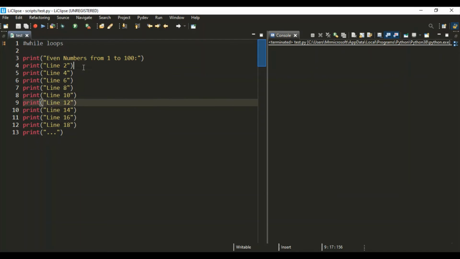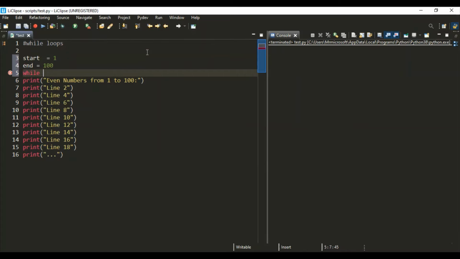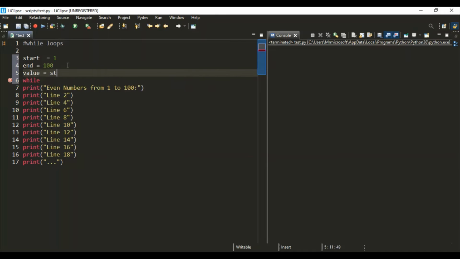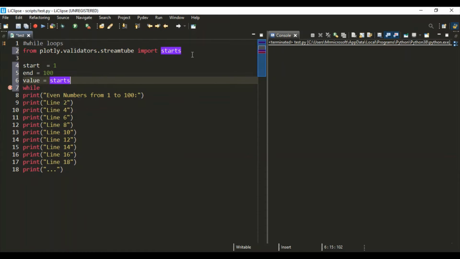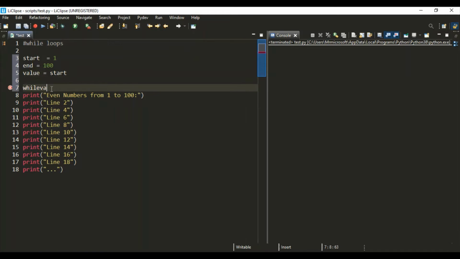Simply, we say we want to start printing from 1 right up to 100. So it's simple. We can have what we call a start, which is equal to 1, and an end, which is equal to 100. It's very simple. Then let's have what we call value. So value is equal to start. So we just say while value is less than 100, or while value is less than or equal to end, because 100 is part of it,